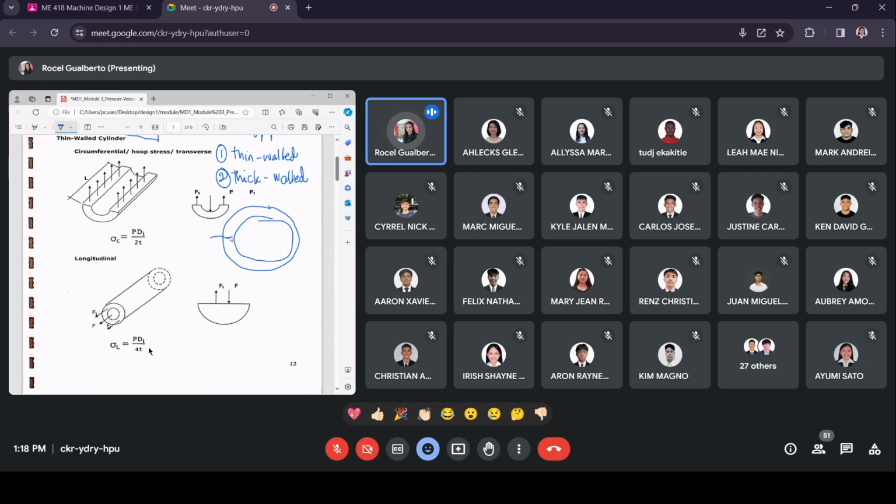And this pertains to the thickness, so this is the thickness T. And here is the inside, wherein the pressurized fluid, say gas or liquid, is inside. So the pressure is inside the vessel. Again, this is the thickness, and this is the outside surface of the vessel, wherein it is most